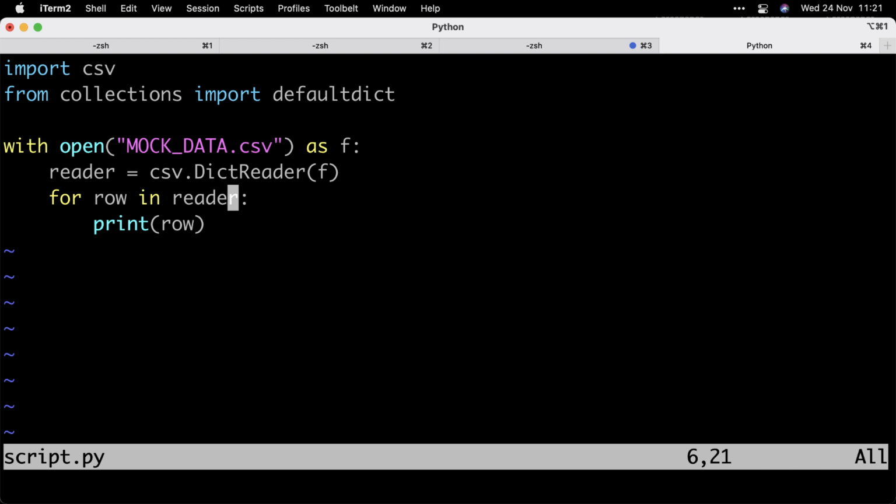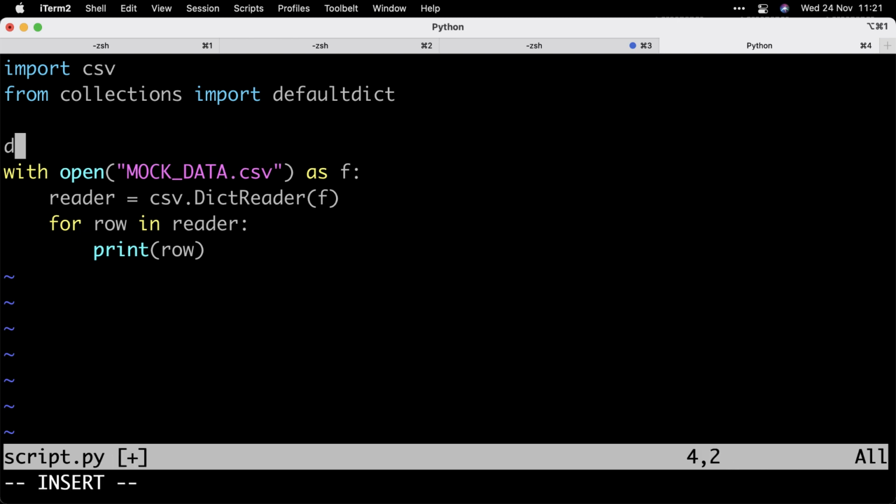But of course this is fake data, so it has any number of cars, so there might be duplicates in this data set. To solve that, we use a set instead of a list. So let me back up and show you what I mean. I'm going to make a defaultdict,